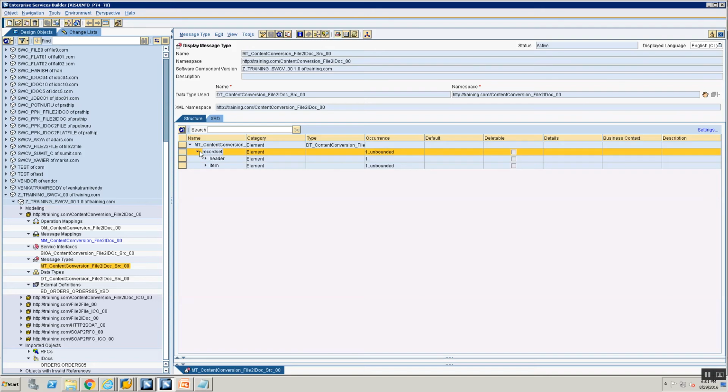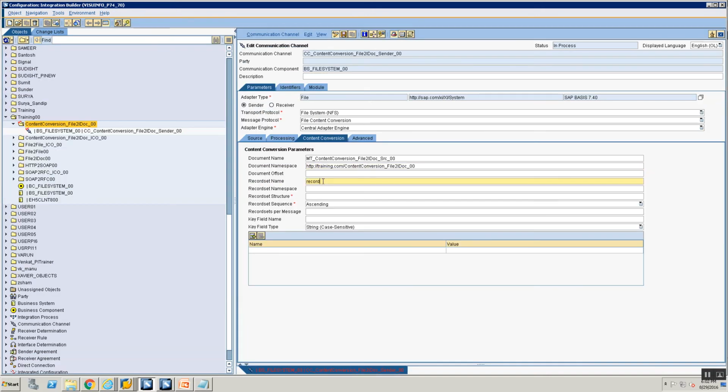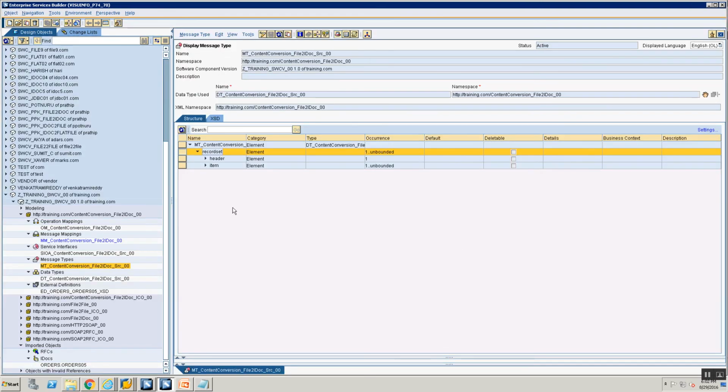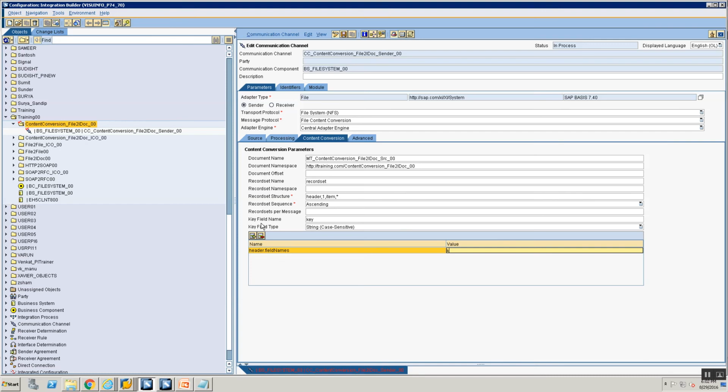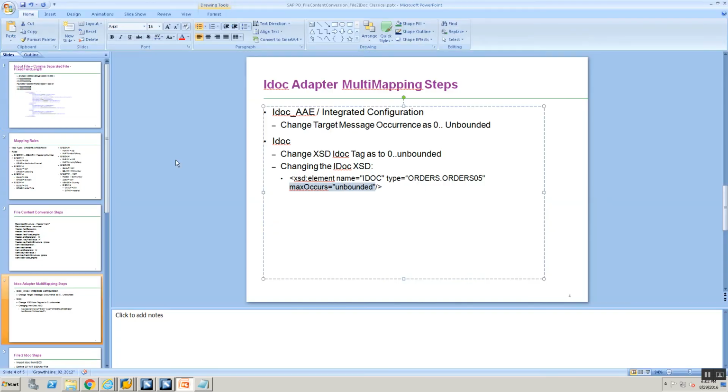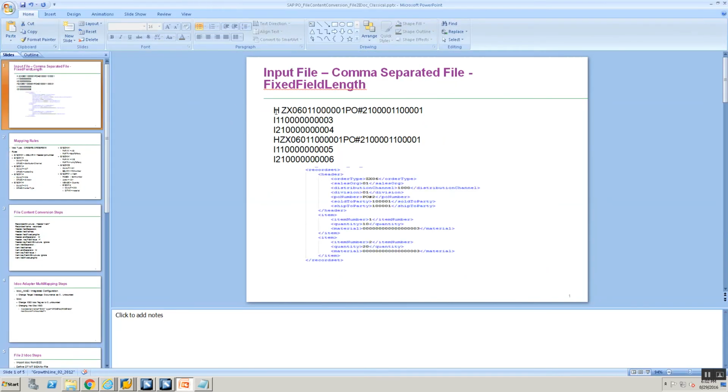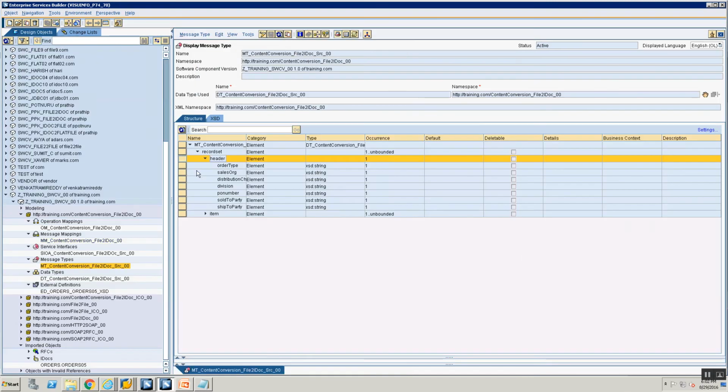The record set name continues to be record set. So I'm going to say record set. There's no record set namespace, and the record set structure is header comma 1, item comma star. Exactly. Key field name, let's say key field is going to be, again we call it key. All right, now let's go ahead and add our fields. So first header dot field names, and let's give the names of our fields, right? And our fields are going to be key, even though if I look here, the first element is the key, so I'm going to say key, and the remaining are going to be from here.